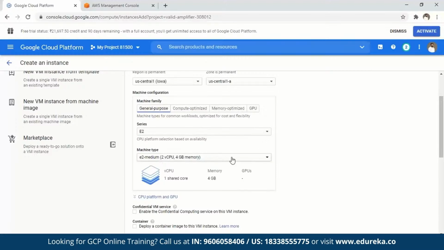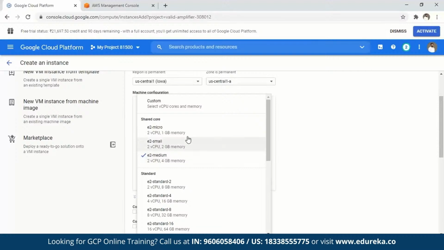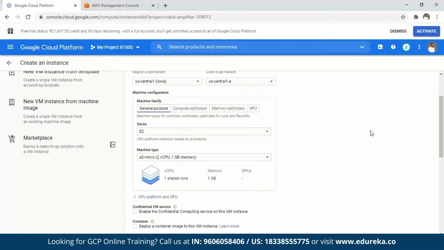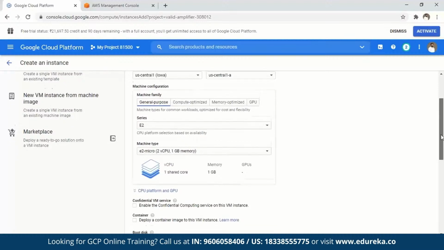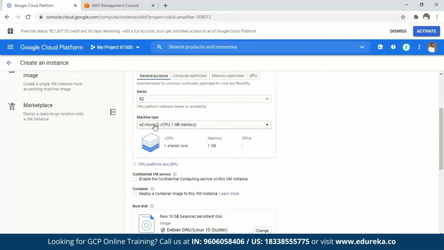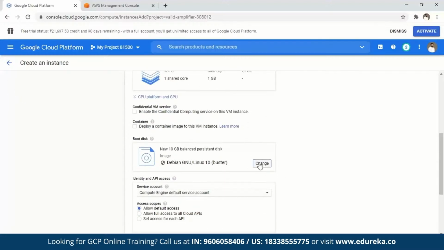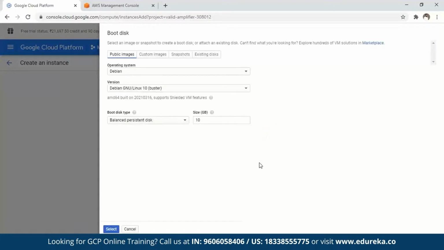This is its configuration. You can choose what you want to. You can also use a micro one. This is not a concern for us. We are using it for a demo purpose. Each time you select one, it will give you all the details. It is using 2 virtual CPUs and 1 gigabyte of memory. And I can choose what kind of machine I want to use here. If I click here, I'll get to choose.